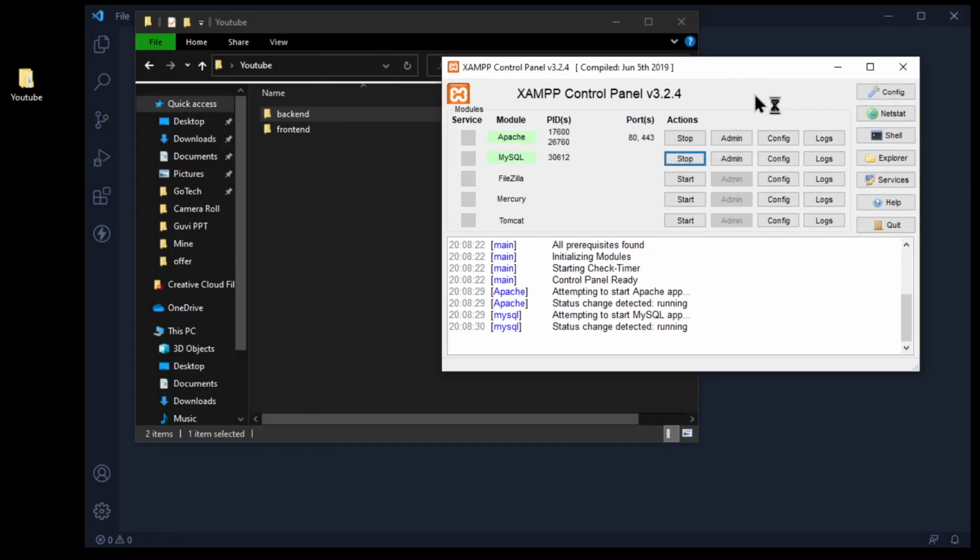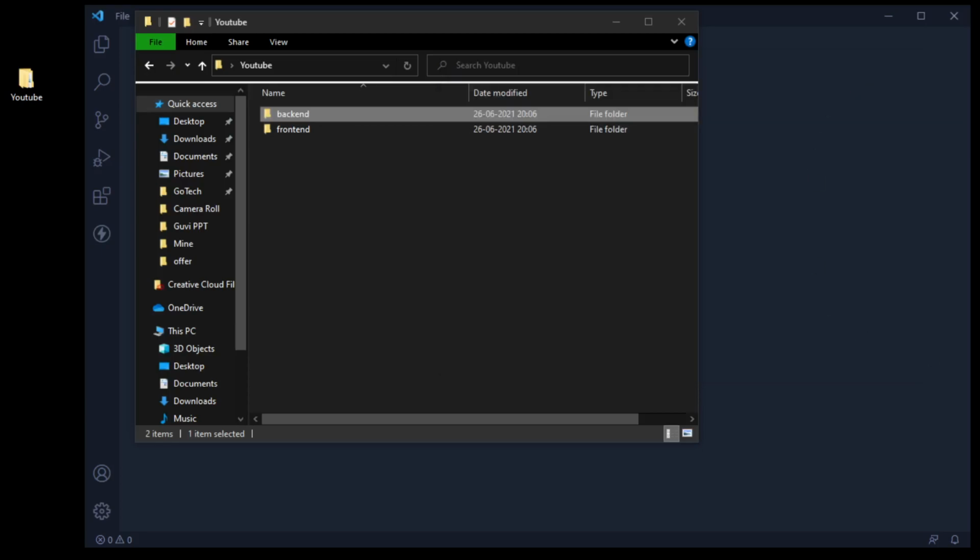If you don't have MySQL set up on your machine, just go ahead and download XAMPP, and if it asks for any permission, just give it, and that's it. Once after installation, just click on start. Apache and MySQL both need to be started, then only you can work with that. As of now, I'm not going to use it since everything started perfectly. Let me minimize that and then open my browser.